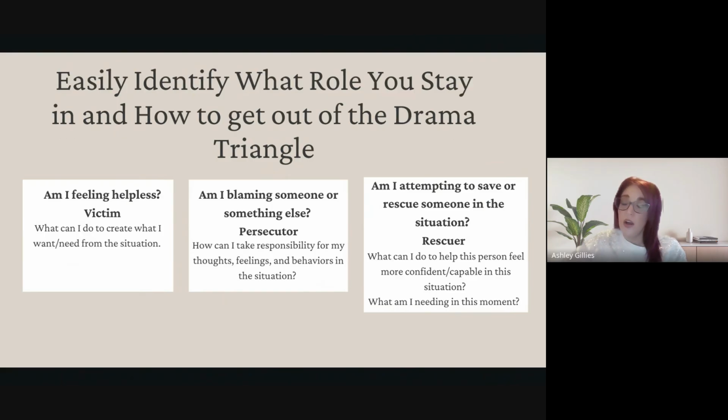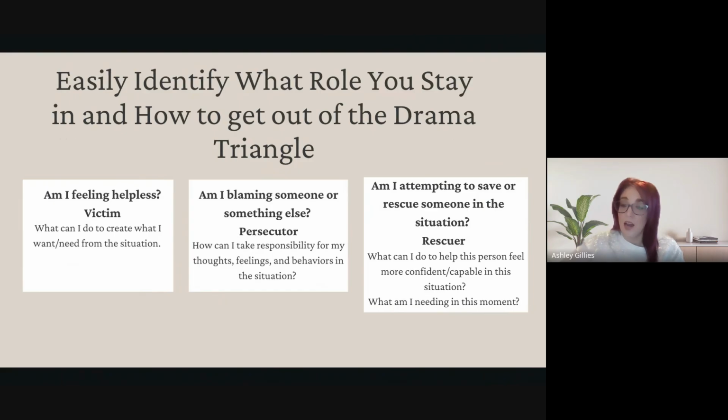So I have a really hard time with people that stay in the victim mentality because I've been there. And this is why sometimes people would call it harsh. I call it tough love. The reason I am the way that I am with some of my clients that are stuck in the victim role is I do give them some tough love because I've been there and I don't want to see someone live like that because it is so fixable. You have all the power and control to create what you want or need from a situation.